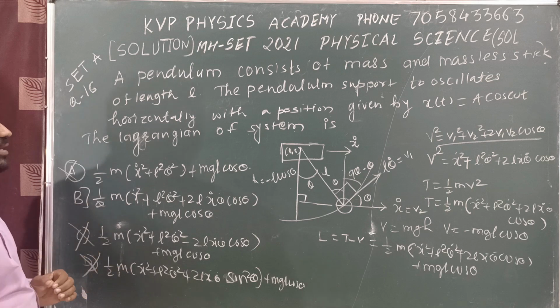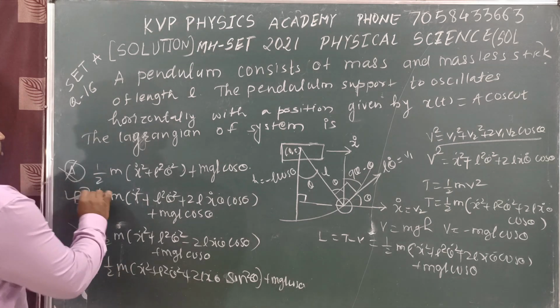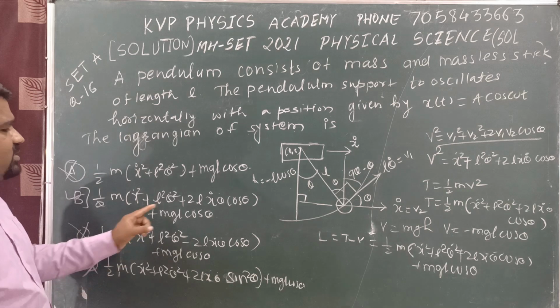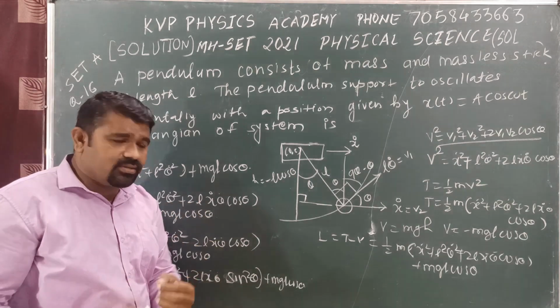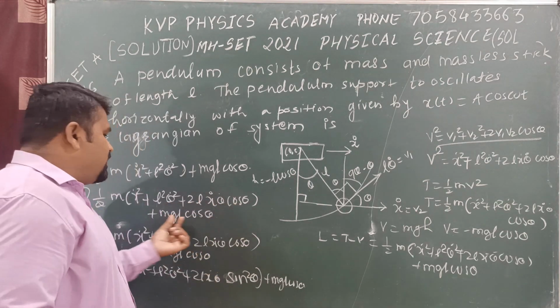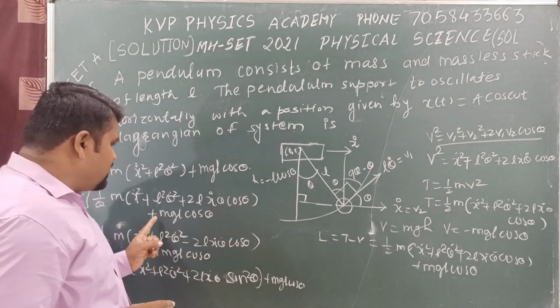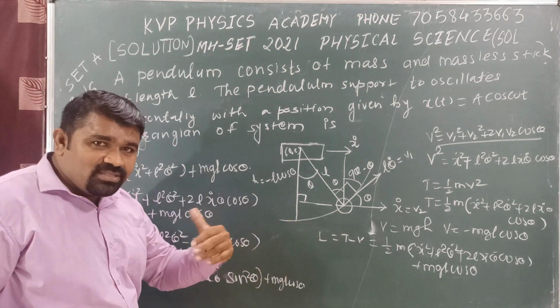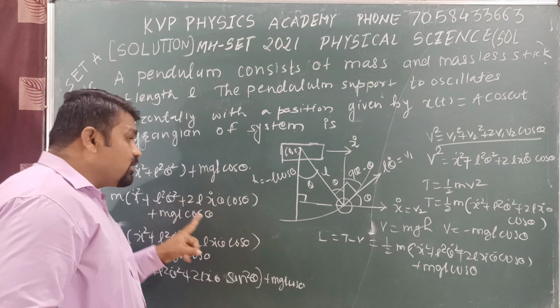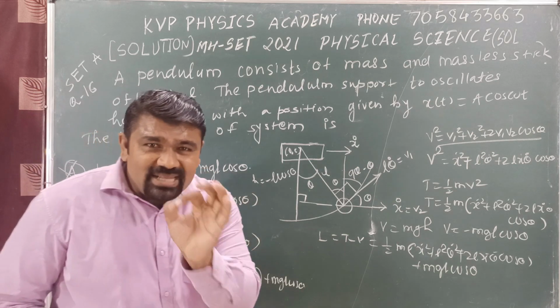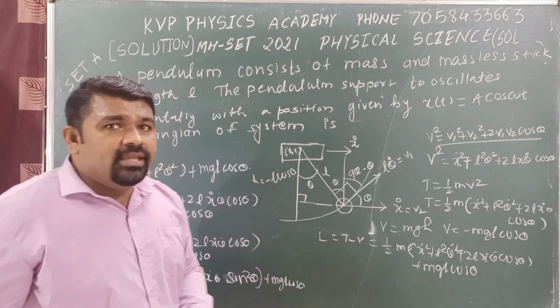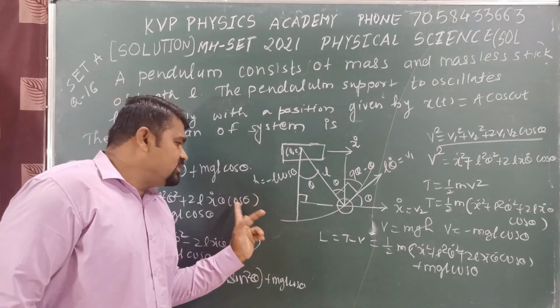Which option is correct then? Simply B option is correct. 1 by 2 m x dot square plus L square theta dot square plus 2 L x dot theta dot cos theta plus mgl cos theta. Why do we get a plus sign here? Because here below the origin, minus minus becomes plus. And why this part? Because here theta is not equal to 90. Theta is not equal to 90, hence this part I also